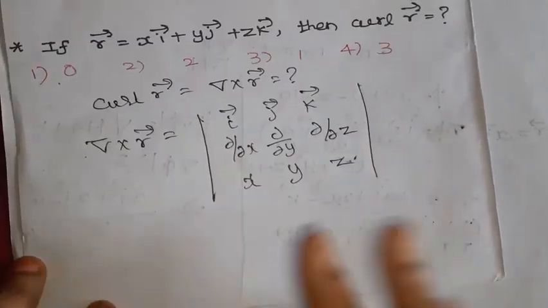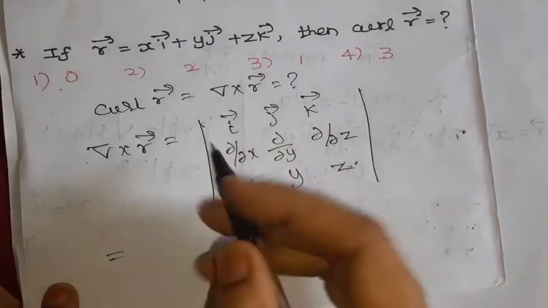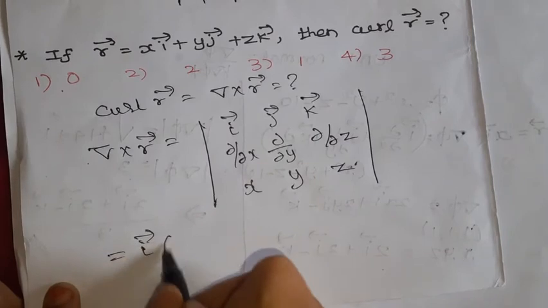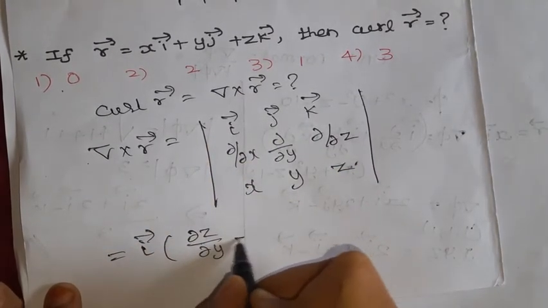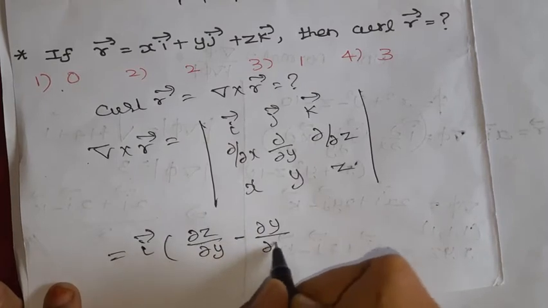Now the general expansion: i vector into dou z by dou y minus dou y by dou z,